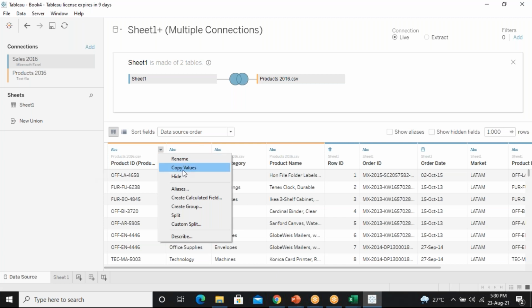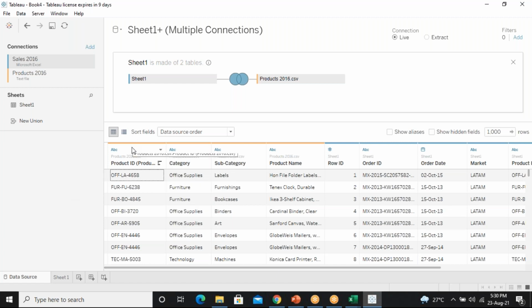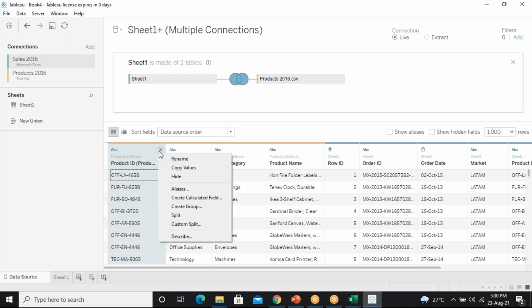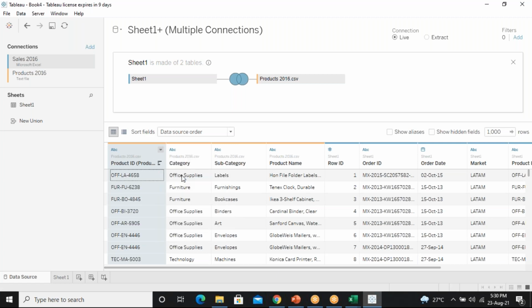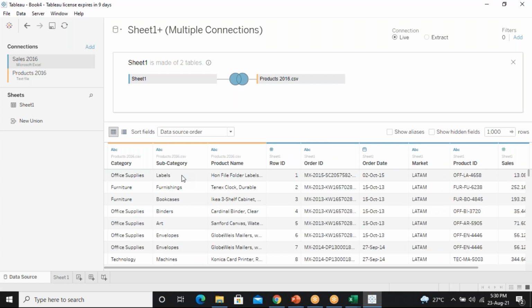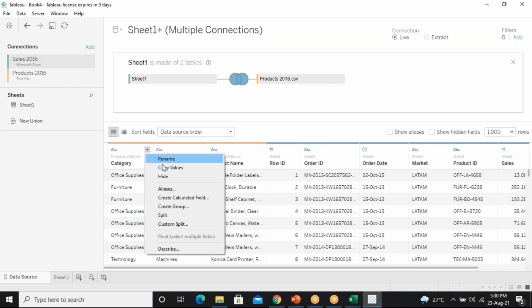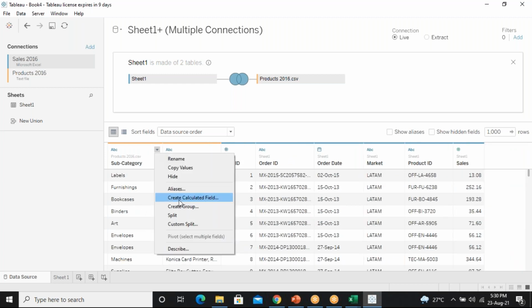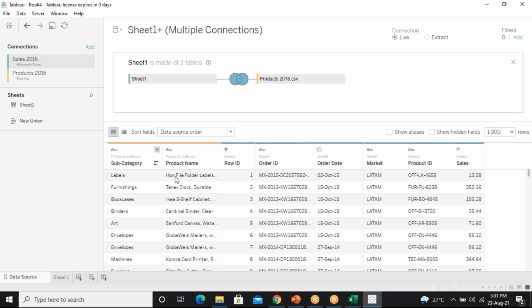And one more thing, if you want to hide a particular column, you can hide here. For example, product ID, the entire column I want to hide. So I will click here and click on hide. And one more, category, I will hide it also. And subcategory also I will hide.